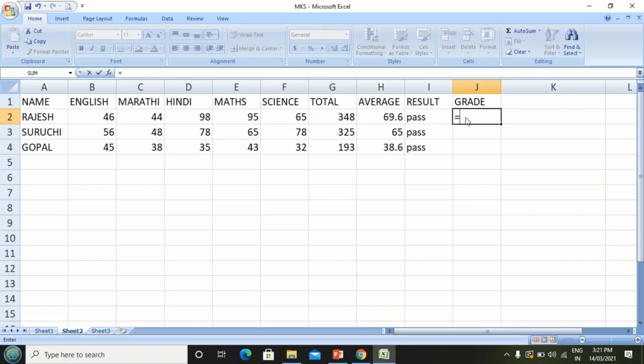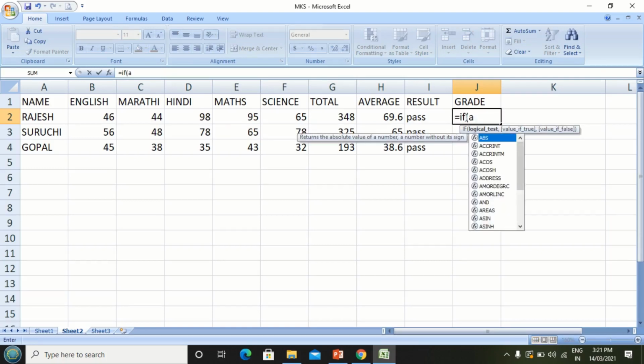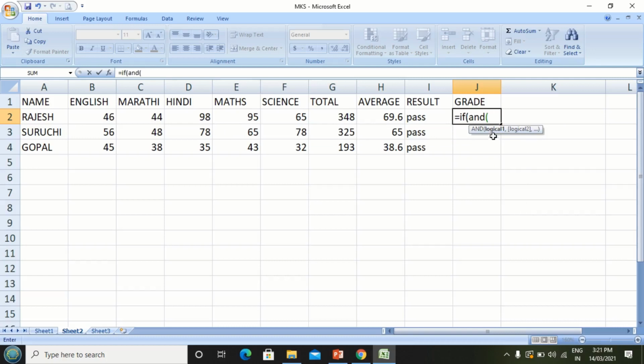Equal to IF, open bracket, AND, and again open bracket, place the first logical test. Our first logical test is H2 is greater than 65, comma, another condition is I2 equal to "Pass".